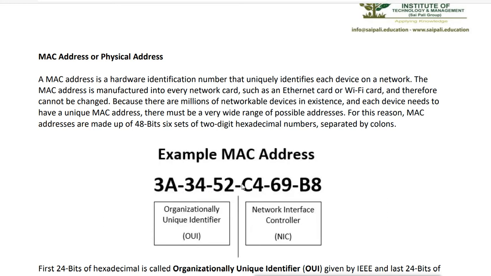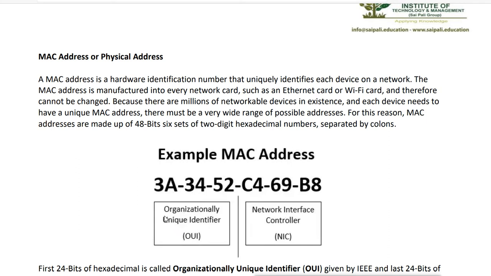Now it must be unique because in the LAN network, the communication will happen based on these MAC addresses. Remember, when data goes from one device to another device in the LAN network, it goes based on these MAC addresses. So these MAC addresses must be unique in the network. So how is it going to be unique? Because a lot of companies are making a lot of devices. So how will this be unique? It will be unique because it has a defined unique standard.